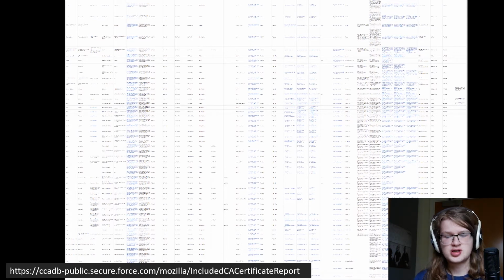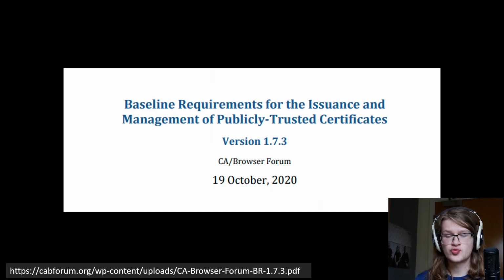Together, they produce a document known as the Baseline Requirements, which are the rules that all CAs have to follow if they want to be trusted by a browser. The BRs are, at the time of writing, 96 pages long and describe in precise language exactly how the certificate lifecycle works, how they're allowed to validate domain control, how key material must be stored, when certificates need to get revoked, etc. And to ensure that CAs are complying with these rules, they must undergo a yearly audit by a